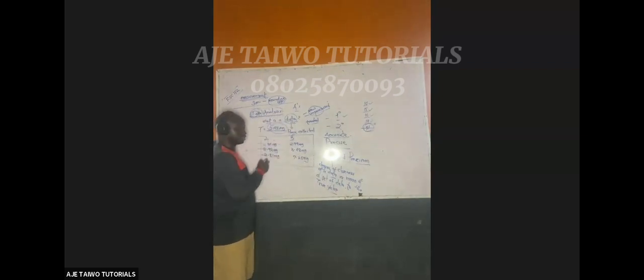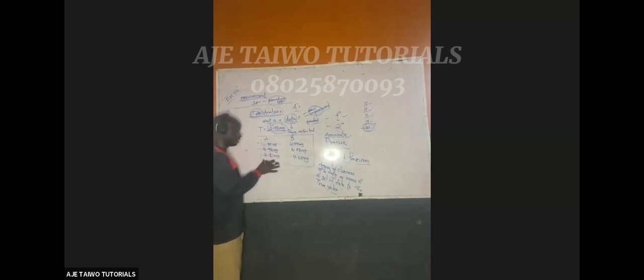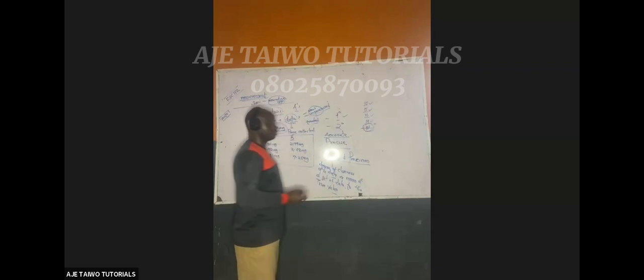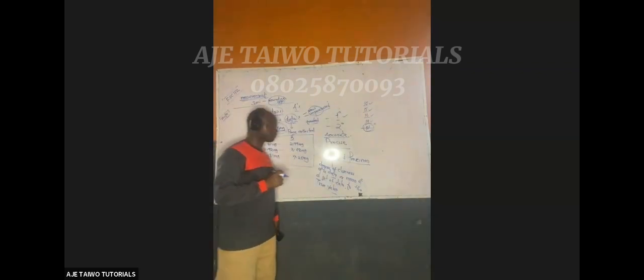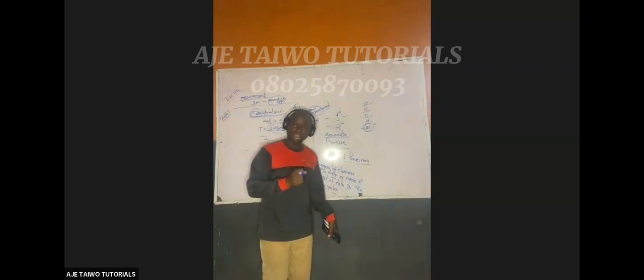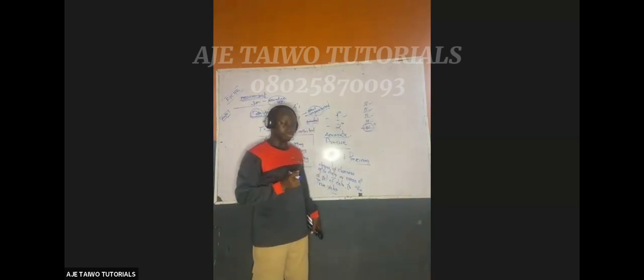How close is this to this? Or the mean of a set of data: find the mean of this, that's this plus this plus this. How close is the mean to the true value, or how close is each of these to the true value? That's called accuracy. Now, what is more important between accuracy and precision in measurement?